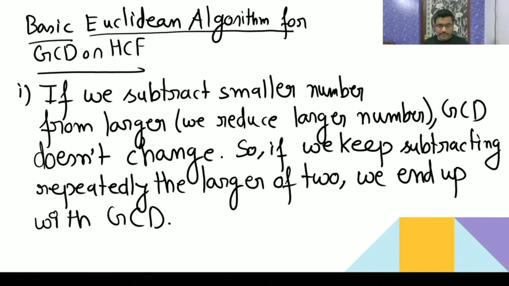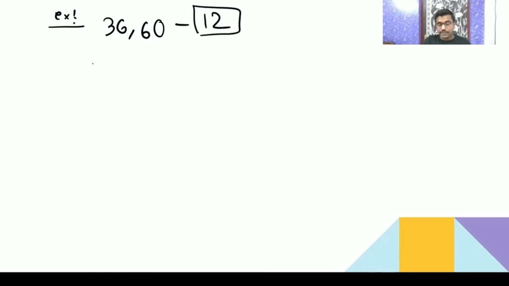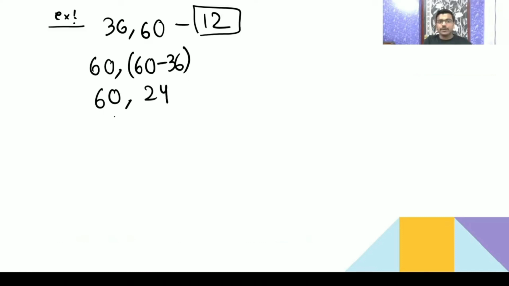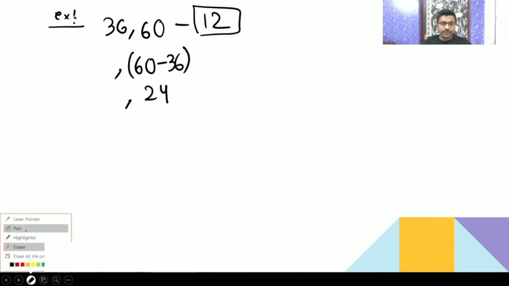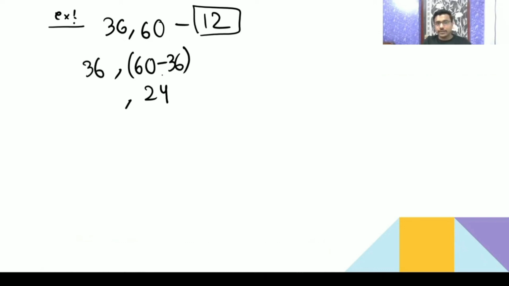If you are done with the writing, then please let me know. Now see with an example. We have seen 36 and 60, and the GCD we got was 12. Now see how, by using that method. So 60 is one number, and the other is 36. Now 60 minus 36, you are going to get 24. With the bigger number you have subtracted the smaller one. You got two numbers, 36 and 24.